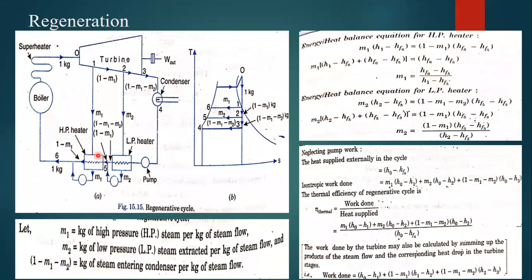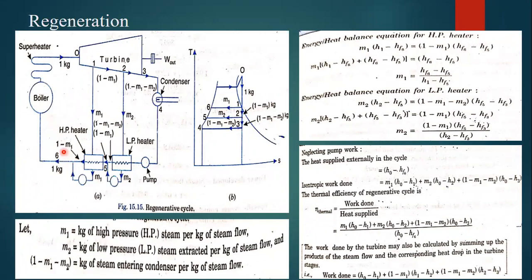Again, we have a feed heater here, and this 1 minus m1 kg of liquid is sent into the high pressure heater, and here m1 kg of steam is utilized to raise the temperature of this liquid water. So again there will be a rise in temperature, and this m1 kg of steam, by using a condenser, we are again converting to liquid here. Once we have converted that to liquid, that 1 minus m1 is the output here. Again we are adding that m1 kg of mass here.